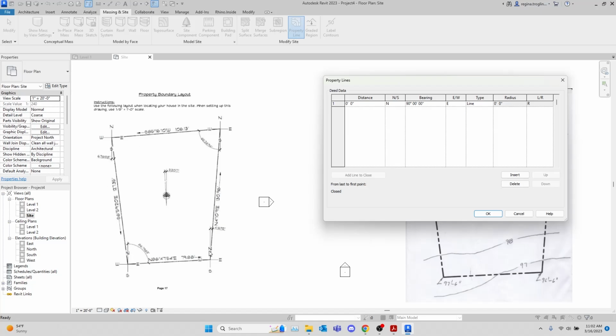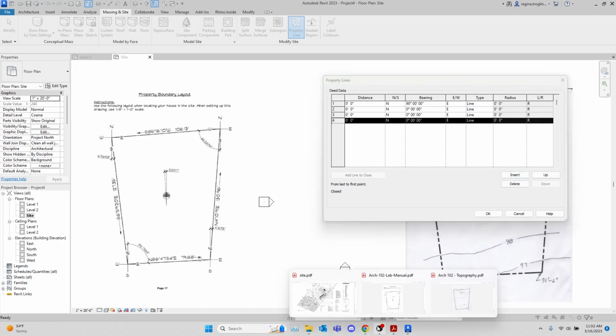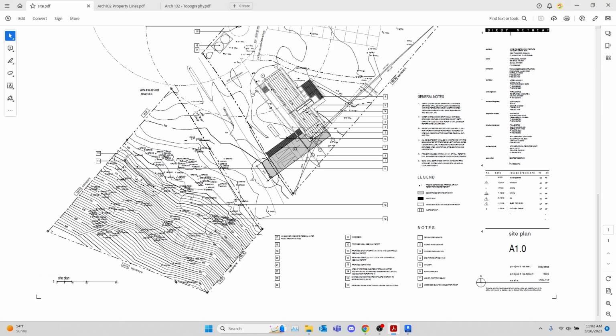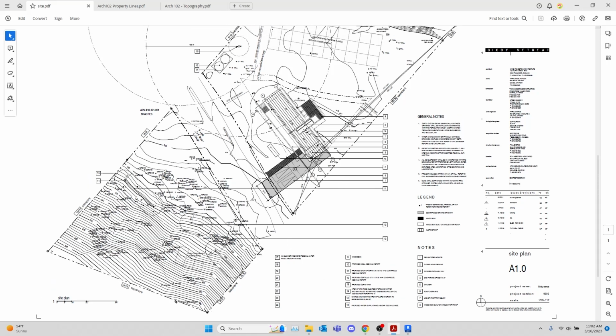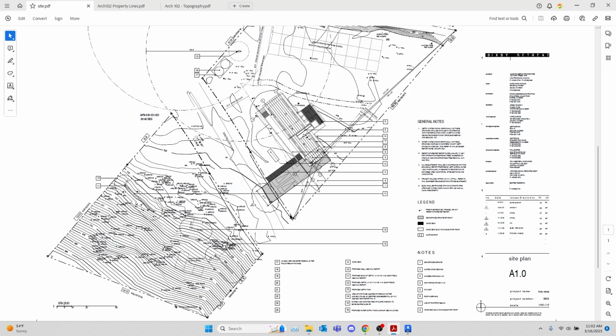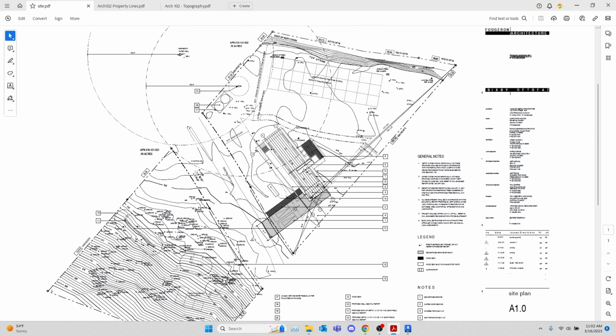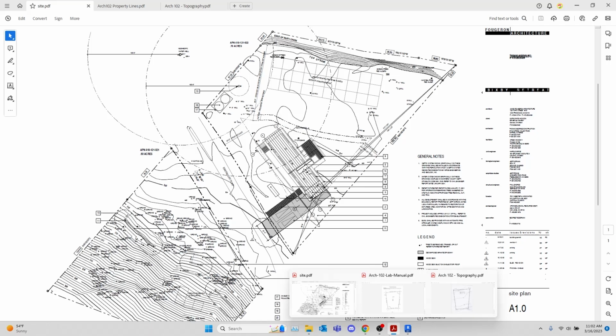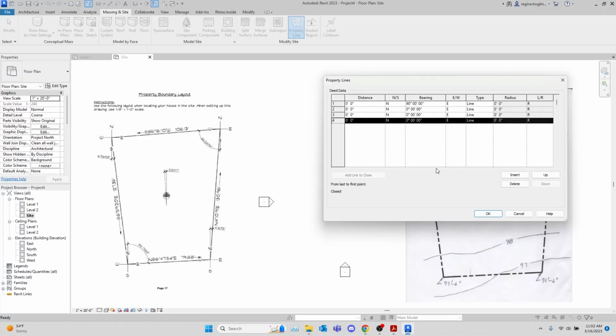As you can see on this particular site, there's only 4 sides. So I'm going to add all 4 sides. With this file, you would need to count how many of these measurements, these little blocked out ones, there are. For this side, you'd have 2, 3, 4, and then 5, 6, 7 in total technically. And even this is slightly arcing. But again, we're just going to ignore this file for now, and we'll mess with that at the end. So going back into Revit,